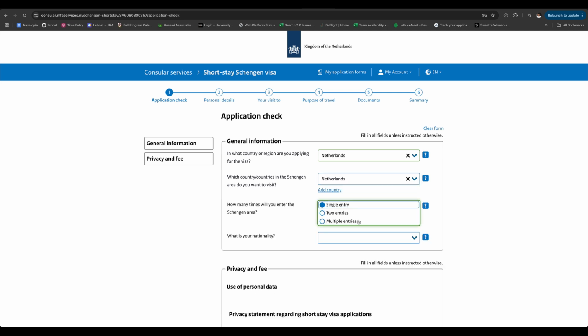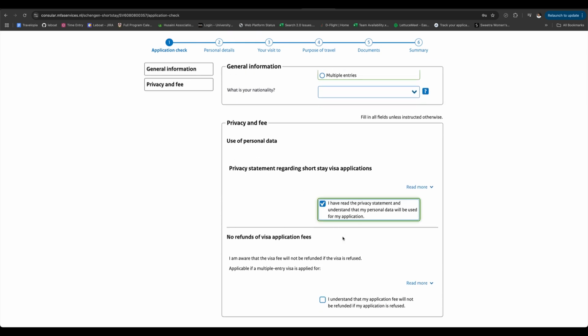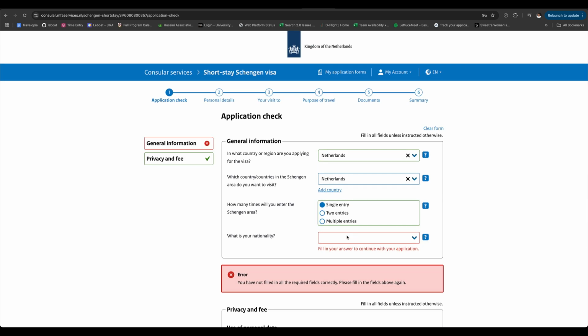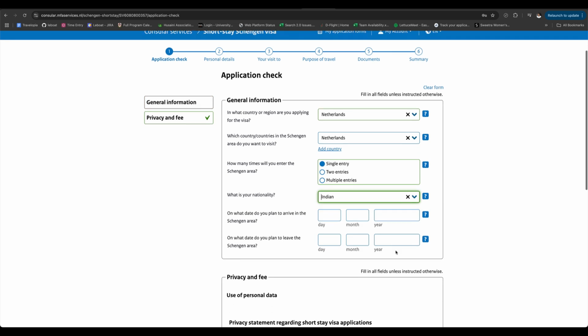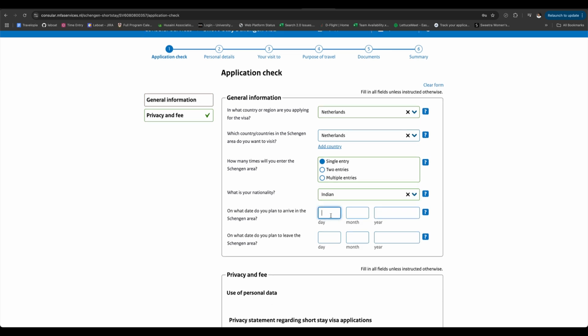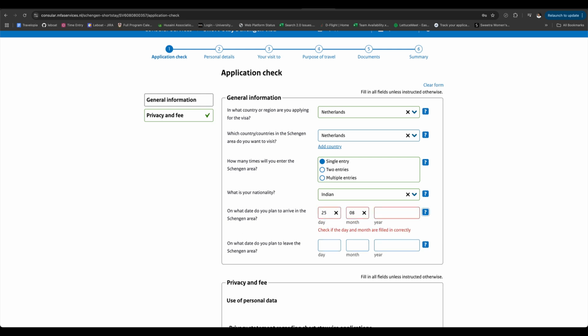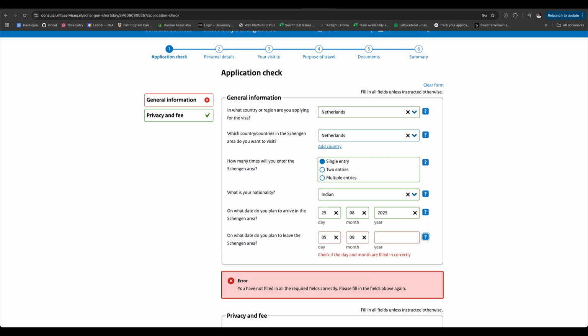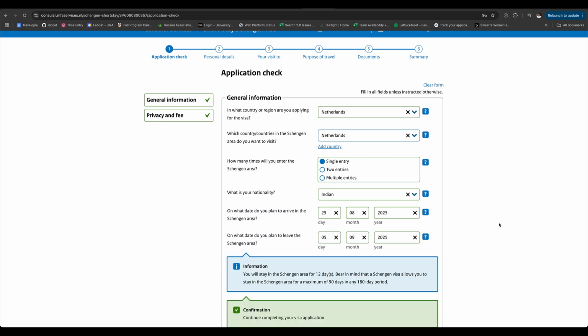And single or multiple entry. Then privacy statement you have to give. Oh, what's your nationality? So I'll provide that. What day you want to arrive. So let's say 25th of August 2025. You need to basically apply at least minimum 15 days before and maximum 6 months. Okay, September 2025. Okay, and